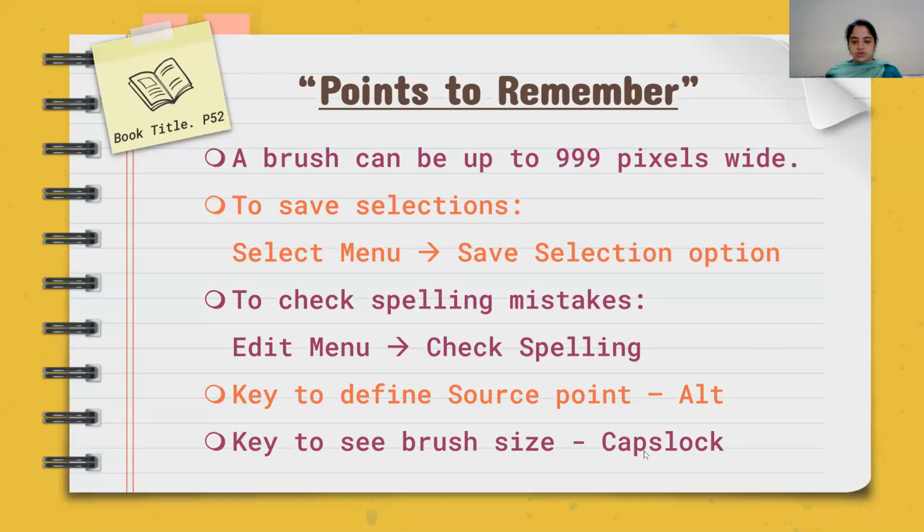What is the shortcut key to see the actual brush size? That is the caps lock key. How? When the caps lock key is off, you will see the brush size. You will see the circle on the image, on the area. You will press the shortcut key to increase or decrease the size. Circle will increase and circle will decrease when the caps lock key is off. But if the caps lock key is on, you will see only a plus symbol. That will be the point where the brush will apply the effect. You will not be able to see the brush size. Okay.